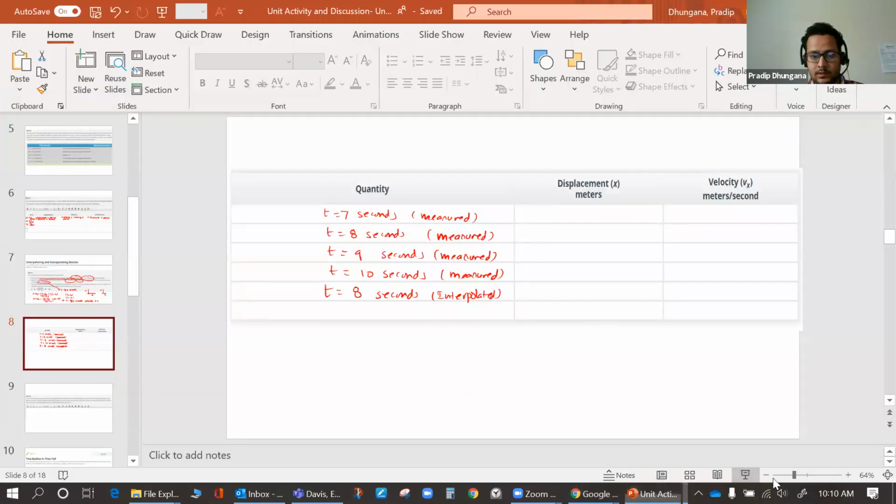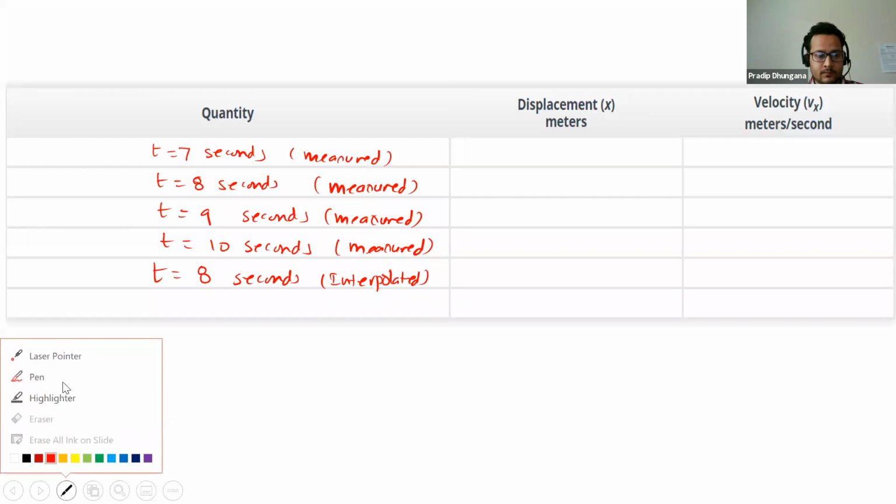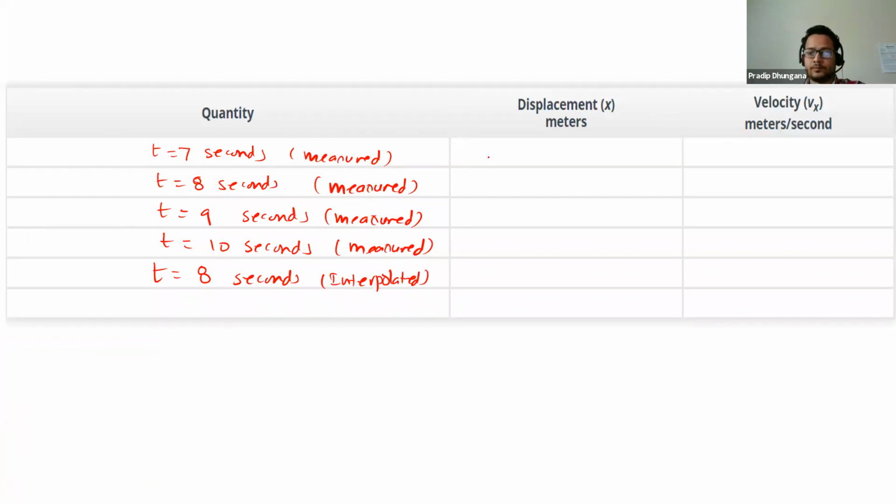Okay, and then let's write it here. So displacement is 19.08 for 7 and 8 seconds. You don't have to write units. It's already written here. Velocity is your 0.06, negative 0.06. Similarly, you can calculate that value for 9 and 10. And then for t is equal to 8 seconds, you have to use the formula that I have described earlier. Okay. So in that way, you can complete this part.